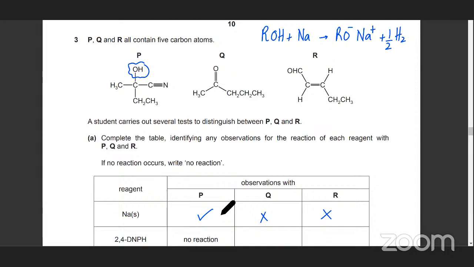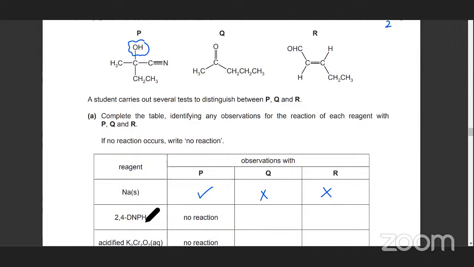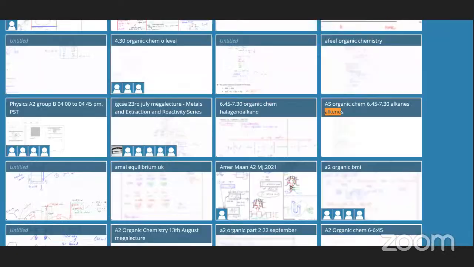After that, the next test they mention is 2,4-DNPH. Now 2,4-DNPH is a test for identifying what? It's a test for identifying aldehydes and ketones. So a ketone here and an aldehyde over here. You should know everything about 2,4-DNPH. Where is our